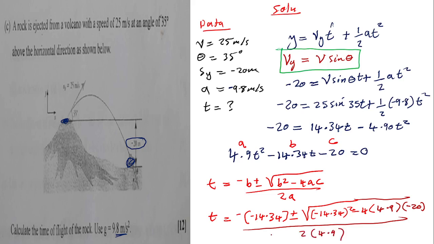So when you do your calculation, remember the time is supposed to be a positive value. So after you do that, what you are going to have is that time is simply equal to